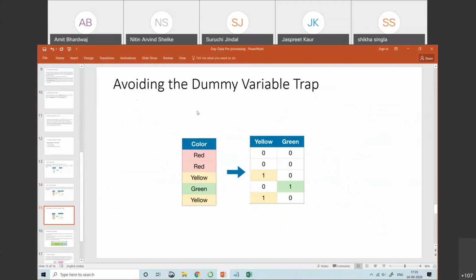In avoiding the dummy variable trap, we just remove the first column, and mostly we remove the first column after the one hot encoding. Here observe, the red column is removed. Clear? Avoiding the dummy variable trap. I hope it is clear.